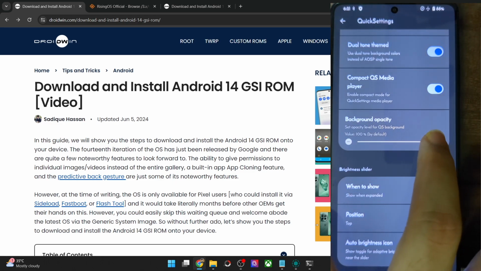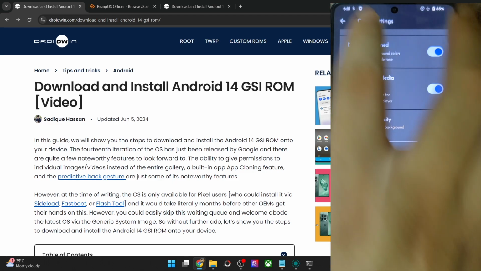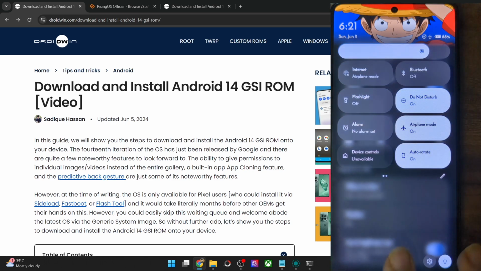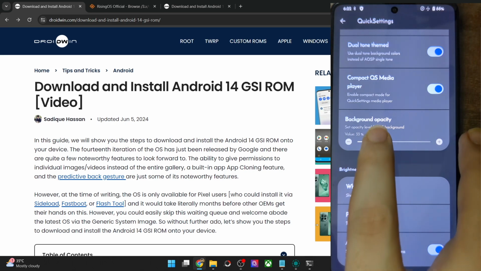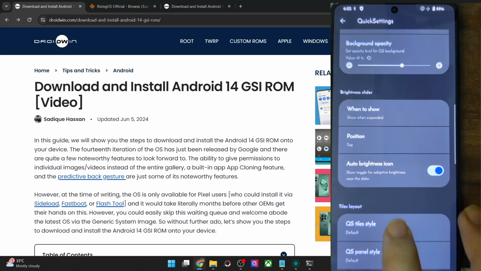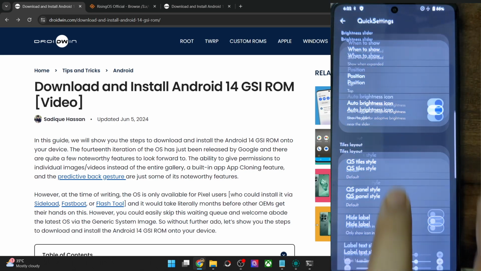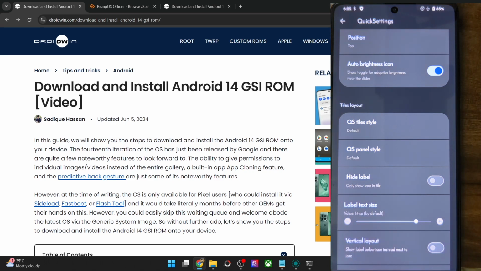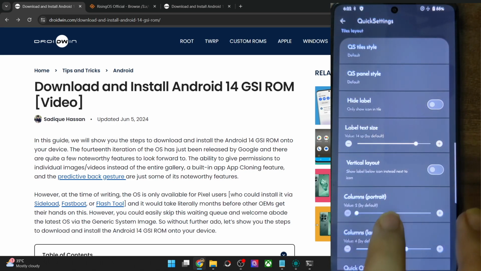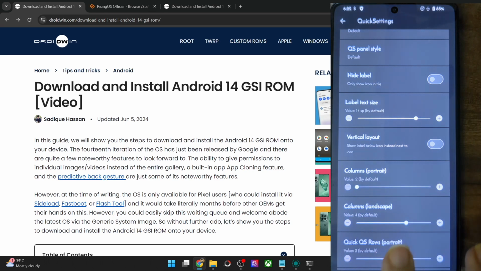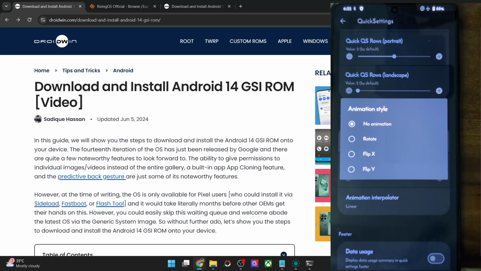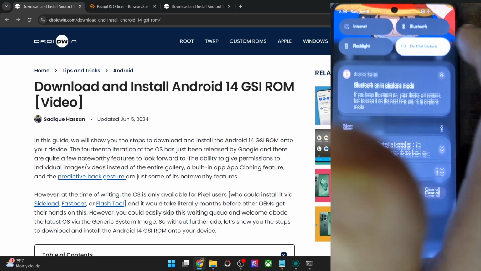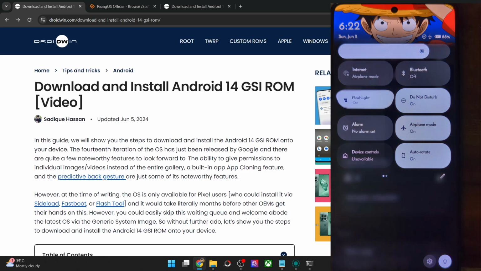Then apart from that, you may change the background opacity for the QS styles. As you could see now, the background opacity or the transparency is increased, so the backend is now visible. And the brightness slider you could show or hide. Then you may change the number of QS tiles per row as well as per column. You may also hide the naming scheme of the QS tiles, but that looks quite blank. And you may change the total number of rows and columns. You may also implement an animation with each of these tiles. So let me show you. As you could see,